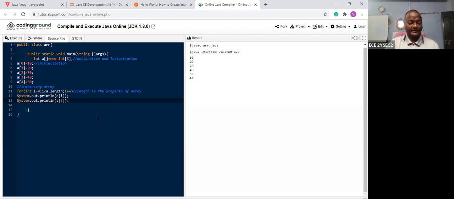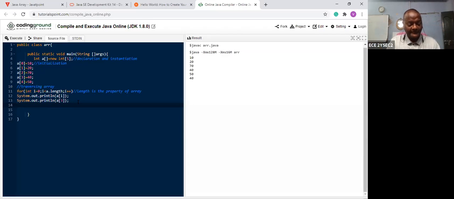All right. So this is one way to initialize the array values. Suppose there is another method. Let us take another method. Suppose I want to find out the length of the array. Length of the array stands for the number of elements in the array.